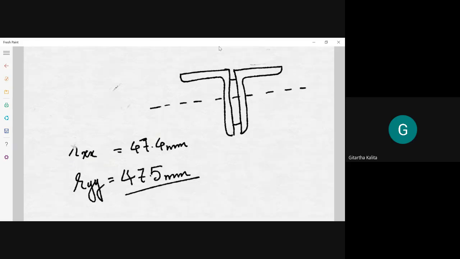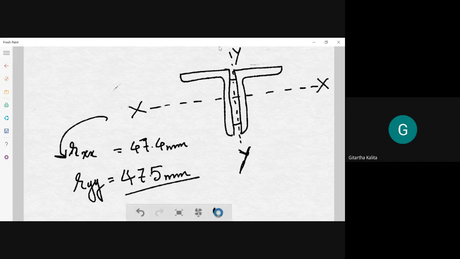This column has two axes, x and y. About the x axis, the radius of gyration is this one. About the y axis, the radius of gyration is this one. Okay, now